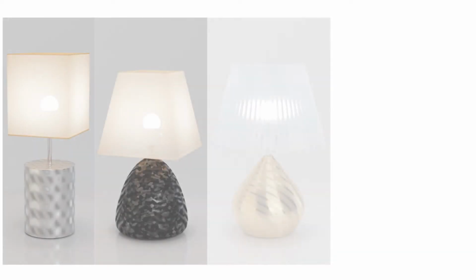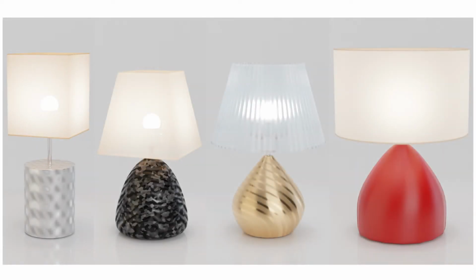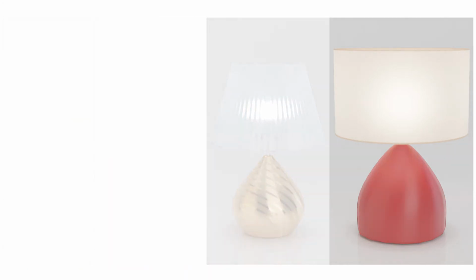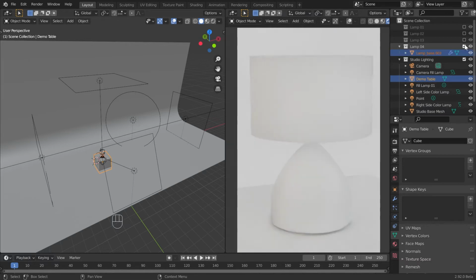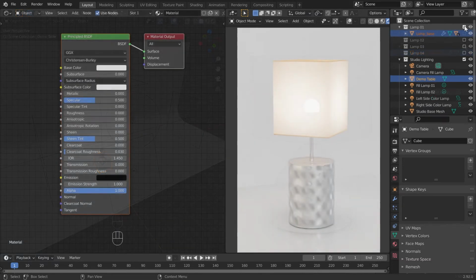In this video series, you can learn how to easily make photorealistic table lamps. Here we will see how to create 4 types of lamps. Usually, we use the regular modeling method to create a lamp. But here we will use the Blender Archmesh add-on for this. You can easily create a variety of lamps using the lamp object available in the Blender Archmesh.